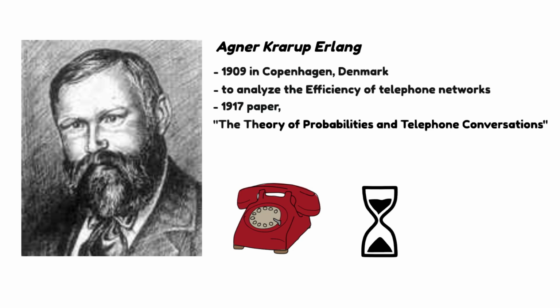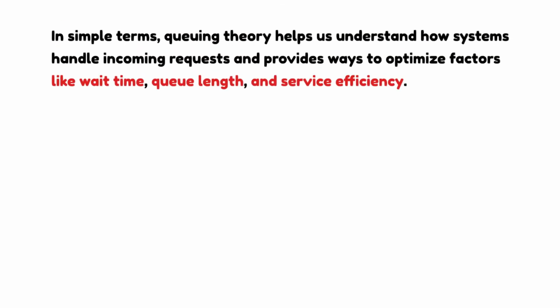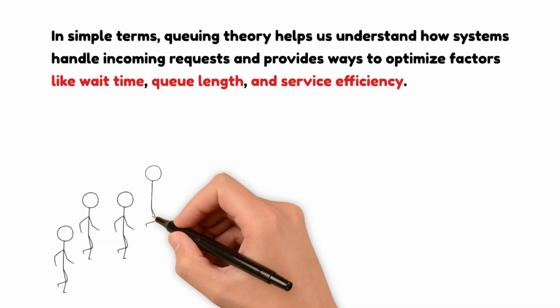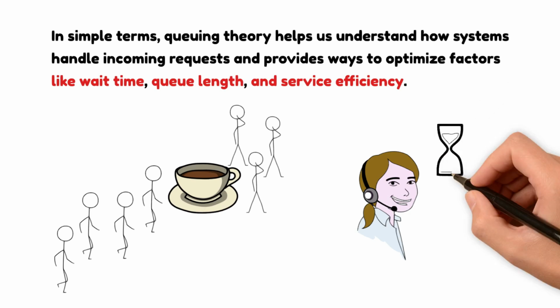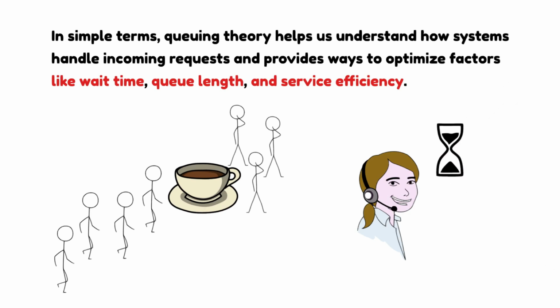modern queuing theory. In simple terms, queuing theory helps us understand how systems handle incoming requests and provides ways to optimize factors like wait time, queue length, and service efficiency. For instance, think of the line at a coffee shop. Queuing theory can help determine the ideal number of baristas needed to serve customers efficiently. Another example is in call centers, where queuing theory is used to minimize wait times and determine the necessary number